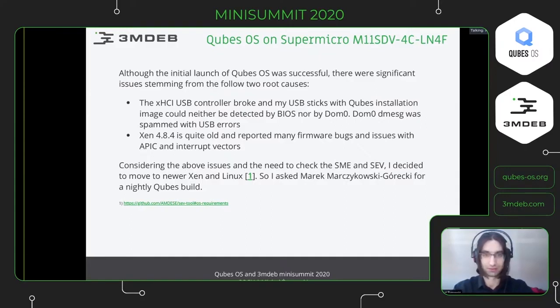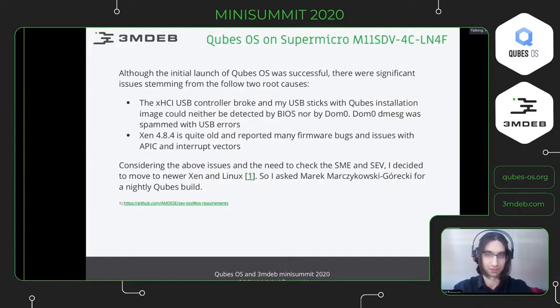First of all, in the Xen dmesg, I saw many issues and error messages regarding the APIC and some interrupt vectors. Not all CPUs were initialized correctly. There were even messages with, for example, inconsistent MTRR settings.